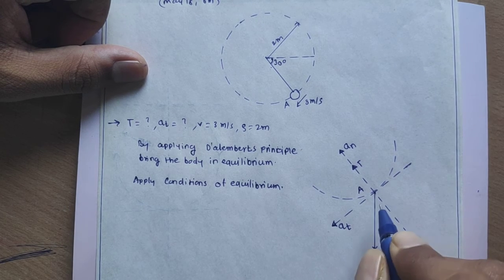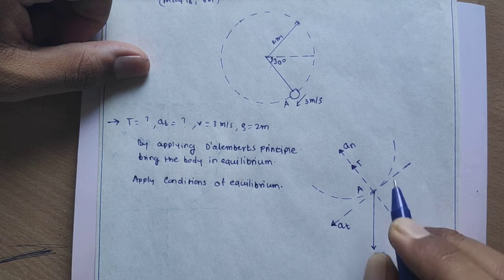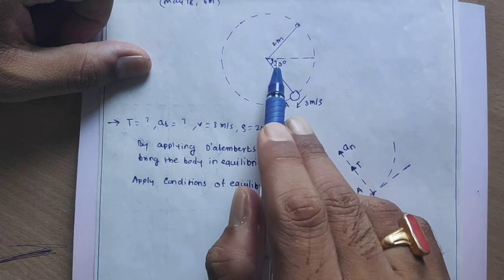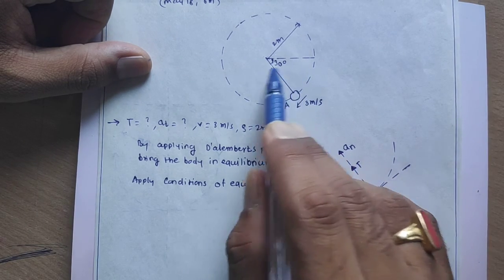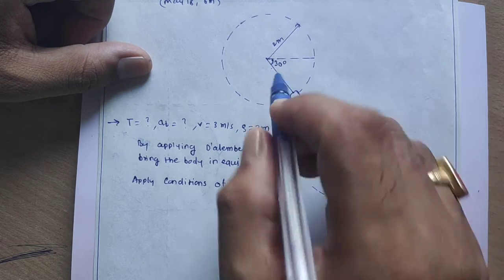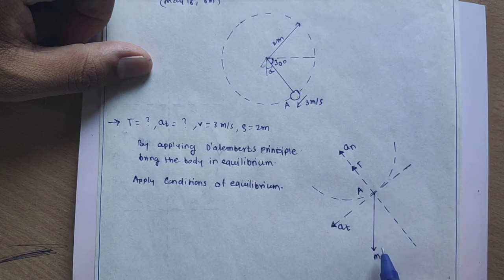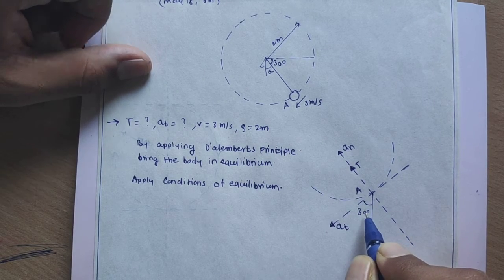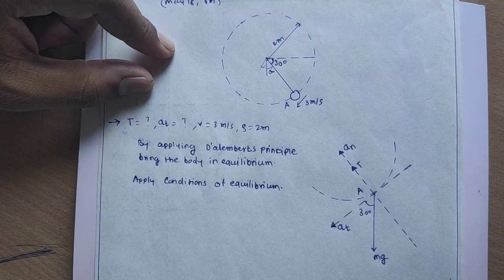Hence we can see the weight is acting in the downward direction, and we have to write the angle. You can see the angle made with respect to the horizontal by this cord is 30 degree. If it is 30 degree, then with the vertical it will make 60 degree, and again here it will be 60 degree, and here it will be 30 degree, so this mg is making an angle of 30 degree. Now this is the FBD, and the directions of the acceleration we have mentioned.